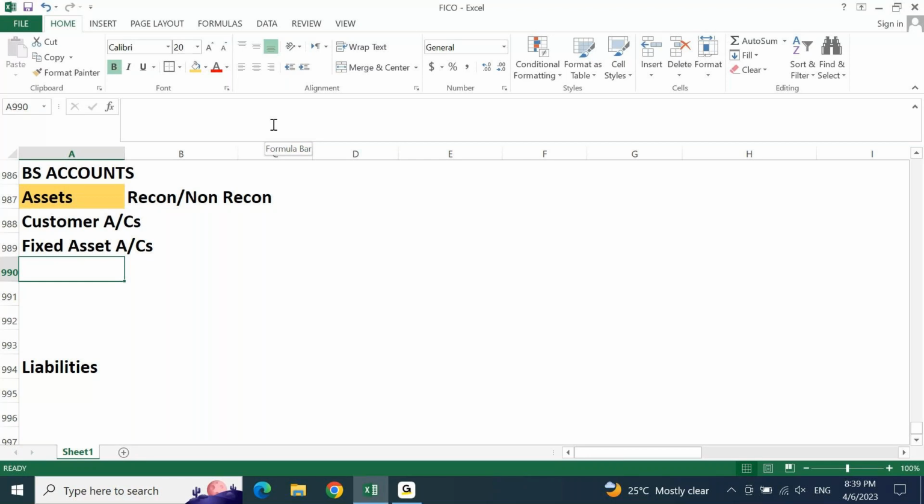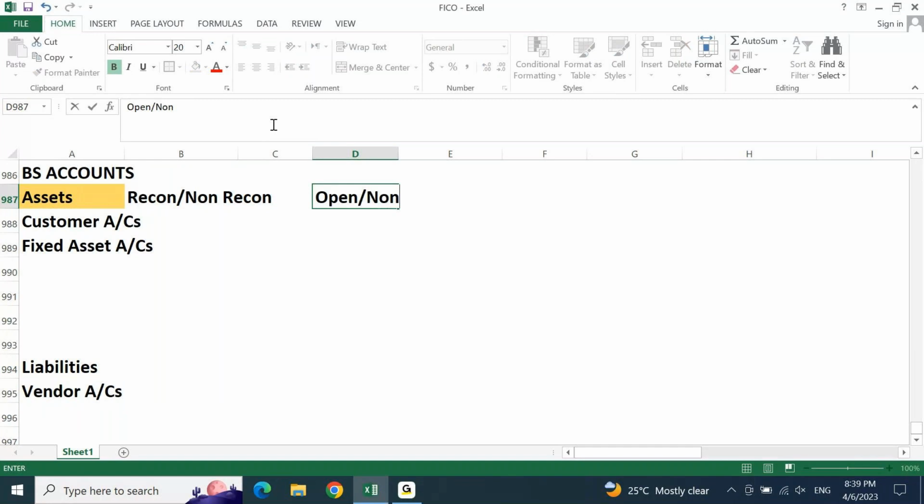What is the third reconciliation account? Vendor. Vendor comes in liability side. Now clear reconciliation part. Next one,